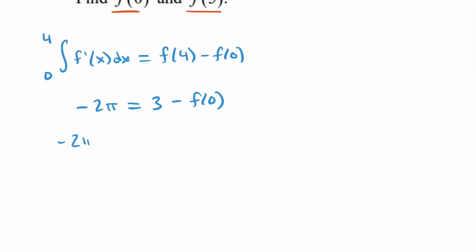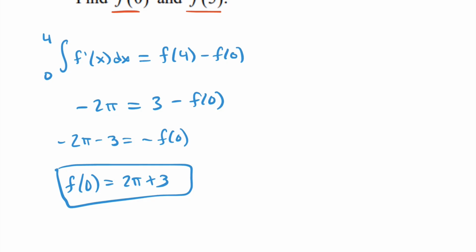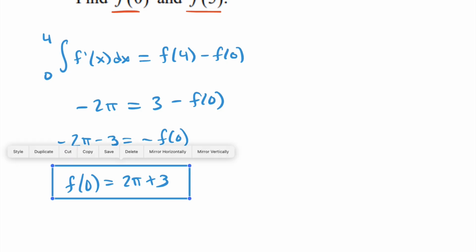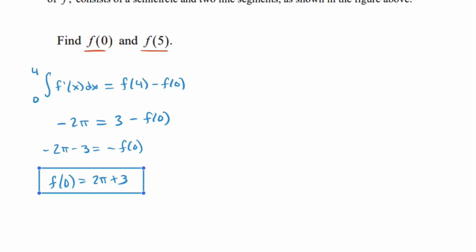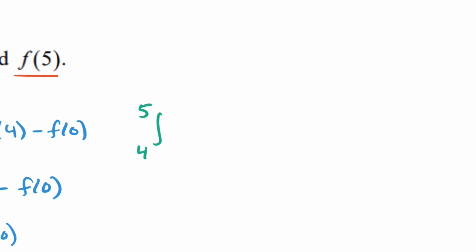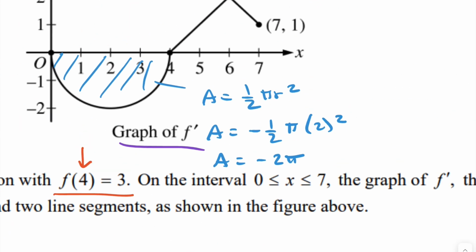And so negative 2 pi minus 3 equals negative f of 0. That's a quick fix. Multiply everything by negative 1. We get that f of 0 is 2 pi over 3. I'm going to do the same thing for f of 5. So I'm going to go from 4 to 5 because it gave me 4. The accumulation from 4 to 5